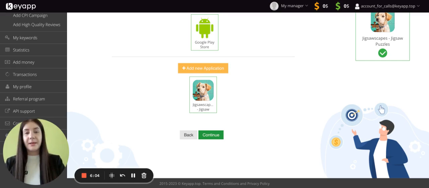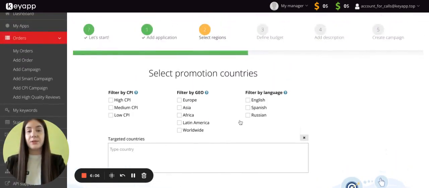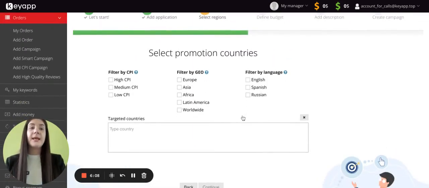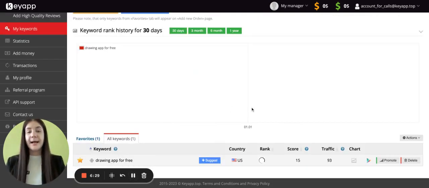So when we are talking about new applications which do not have a lot of installs, it is okay to start with CPI campaigns to get more keywords into the index and then already proceed with keyword promotion. One more way to work with CPI installs and keyword installs simultaneously with new apps is mixing them at the beginning. As you may know, a new application may not be indexed for a lot of keywords since the launch